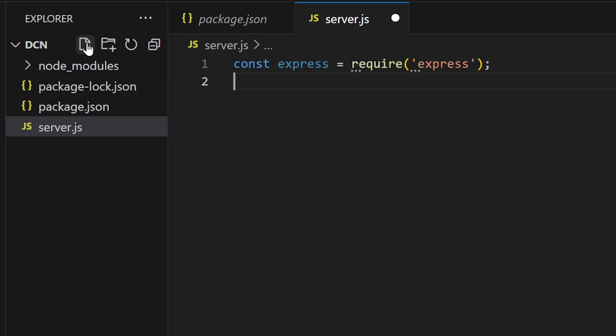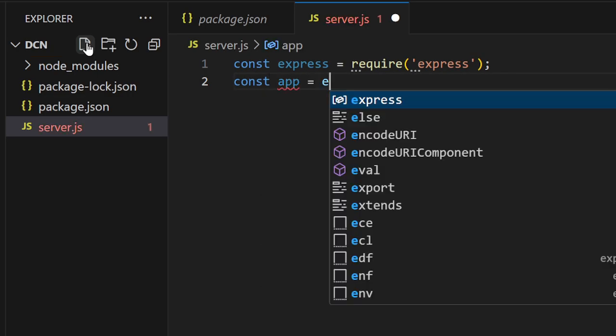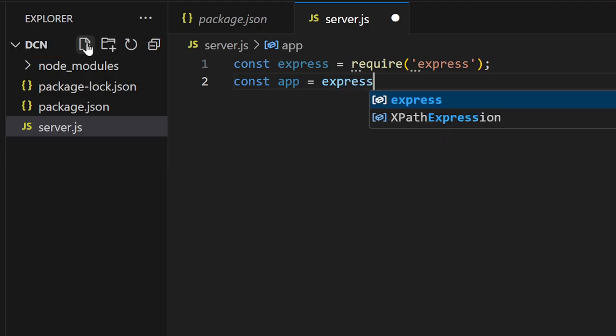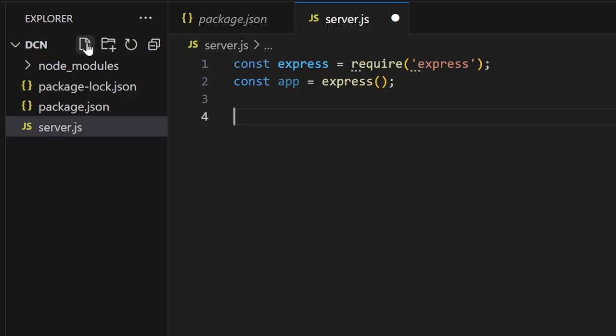Now with this express, you can create an application. So const app, this is the name of the application. So it's like invoking a function and using this name to identify the result of that invocation, which is going to be the express application. Now once we have this thing, we can